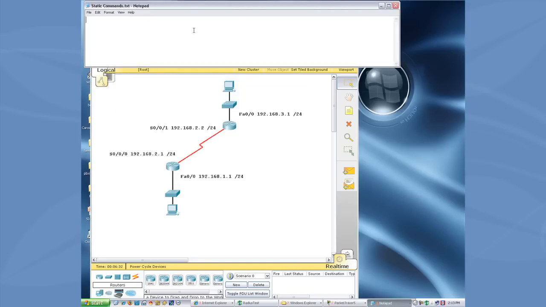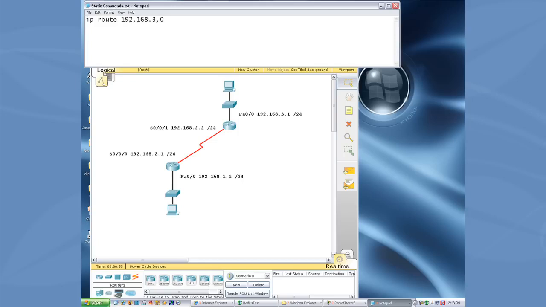So what does a static route look like? Well, it's the command that starts off with ip, then route, and then you have to tell it what you're trying to get to, or the prefix. So in this case, if we're on this first router, what it doesn't know about is this 3 network that's up on the second router. So that's our network we need to try to reach,